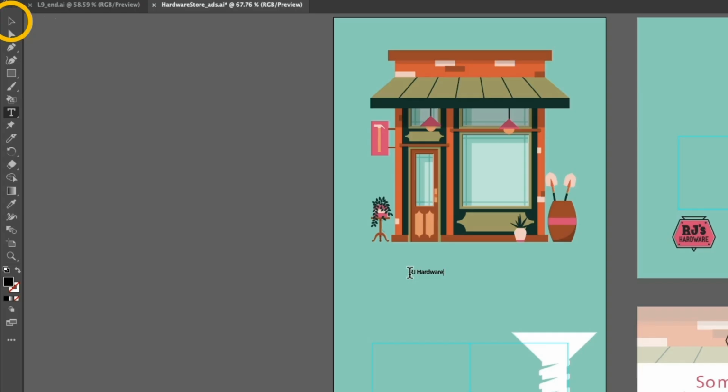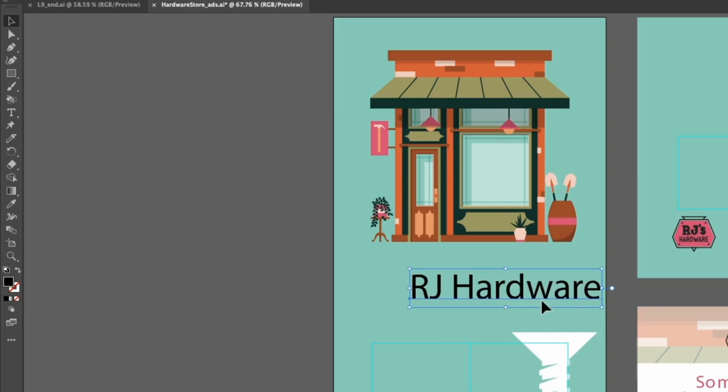Okay. Alright, select the Selection tool and Shift-drag the lower corner point here and make it bigger. This is called point type, which essentially means that if you click and start typing, you can resize or scale it by dragging one of the corners. Get a bunch of practice by adding a little bit of text here. Go back to the Type tool, click and type,